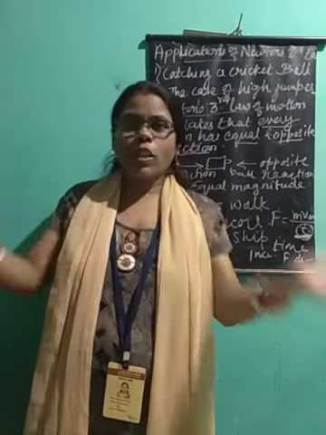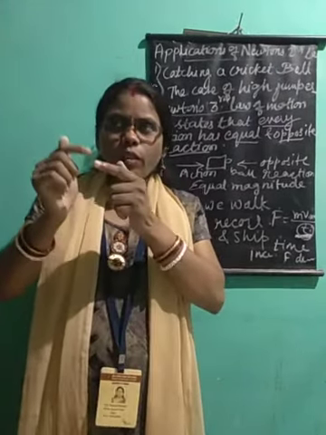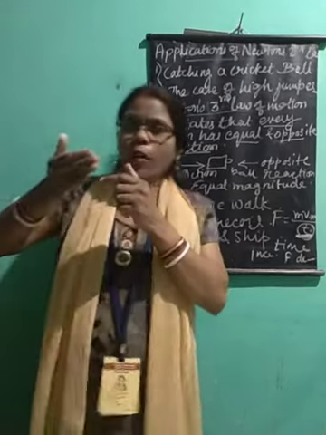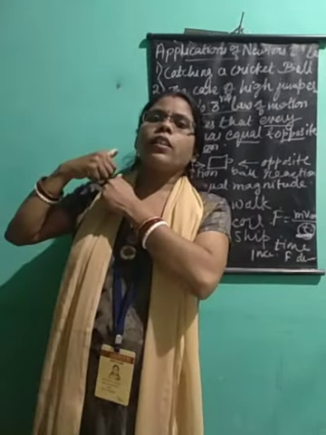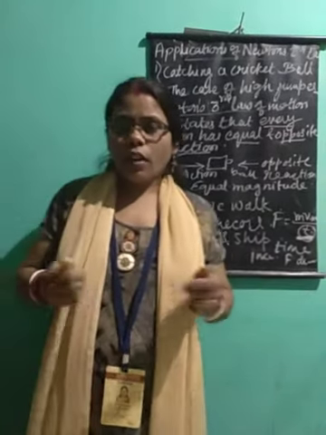When shooting, you must have seen in the movies and other things. So how does this recoiling of the gun happen? Because when the force is applied on the bullet, it moves forward. Now this bullet will apply force and it will recoil the gun back. Equal and opposite force. Again you have another example, another application.